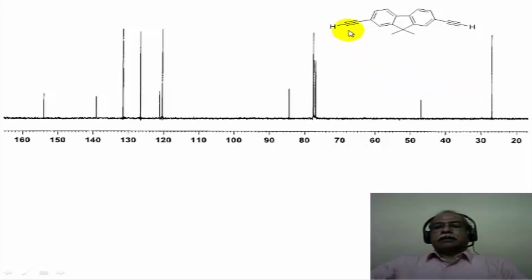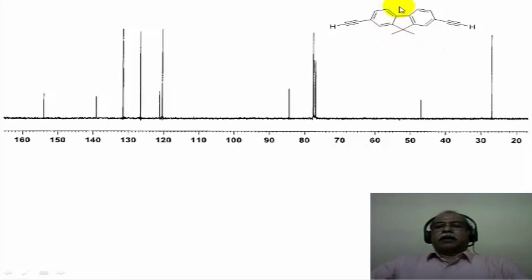The characteristic signature for these 2 acetylenic peaks are shown here. This is one acetylenic peak, and this one is another acetylenic peak. From the intensity difference, one can tell this is the one which has the hydrogen, in other words, the terminal carbon is this one, the internal acetylenic carbon is this one, and the lines that you see along with the acetylenic peaks are the lines due to the CDCl3 as a solvent here. Solvent peak is also shown.